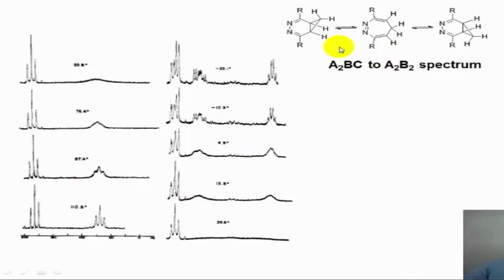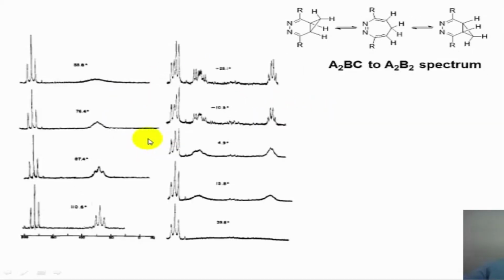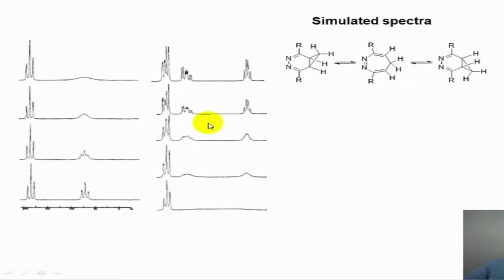So this is another example of a molecule undergoing a molecular rearrangement, and the transition tape kind of a structure is what is seen when the molecular rearrangement is taking place very rapidly under the NMR conditions. The NMR spectra of this example can be simulated, and the simulated spectrum and the experimental spectrum look nearly the same under various temperatures in this particular simulated spectra that is shown here.